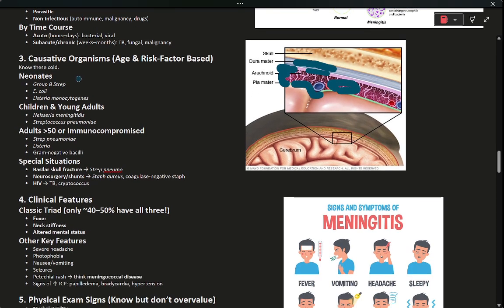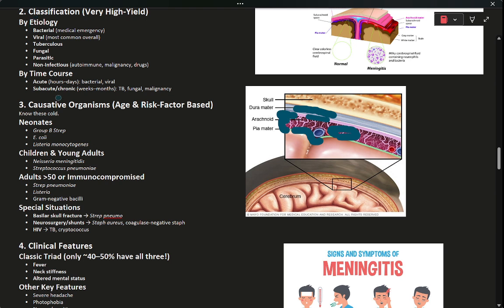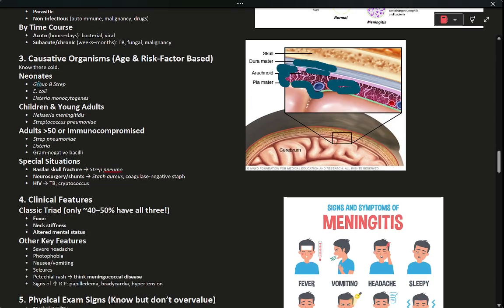Now that we have identified the possible etiologies, it's time to break down the causative organisms if the meningitis has some infectious etiology. We can break this down by age and risk factor classifications, and it's important to know these very well. For neonates, or individuals who have just been born, the common culprits for meningitis